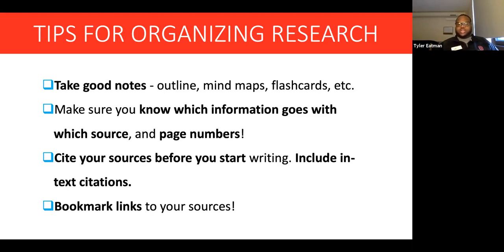So this is usually your citation. Making sure you have all the stuff for your citation, which is the next bullet, is citing your sources before you start writing. Include some in-text citations. This might look different depending on what style you're going to use, whether it's MLA, APA, Chicago, anything that your professor wants you to use, making sure you're adapting to that when citing your information. And then next is bookmarking the links to your sources. Have a full page of sources or links on a separate doc so you can refer back to them.